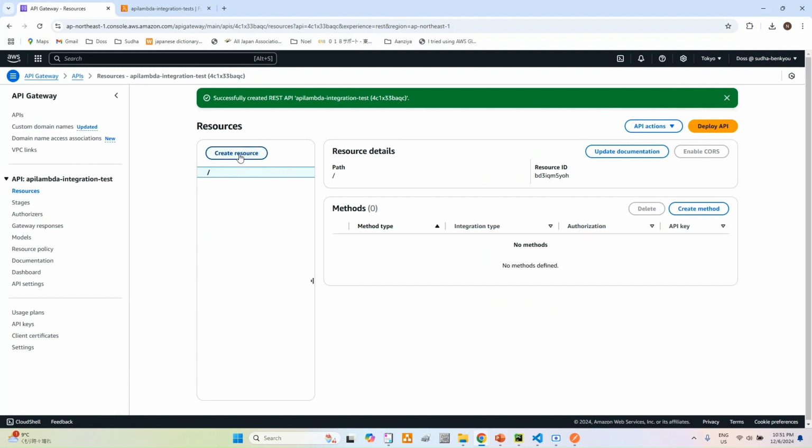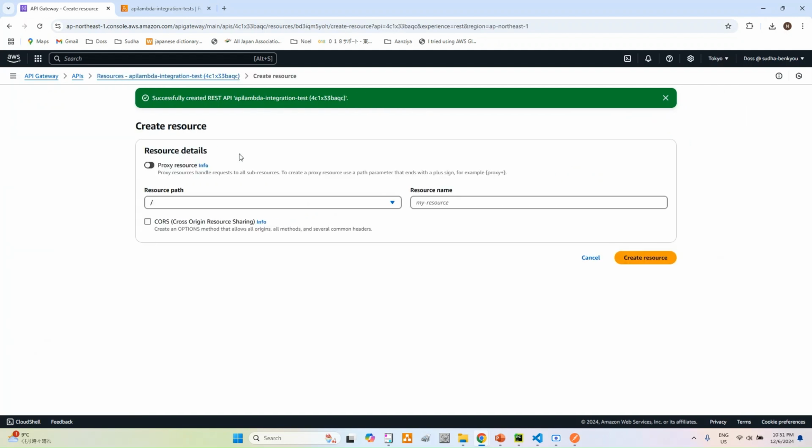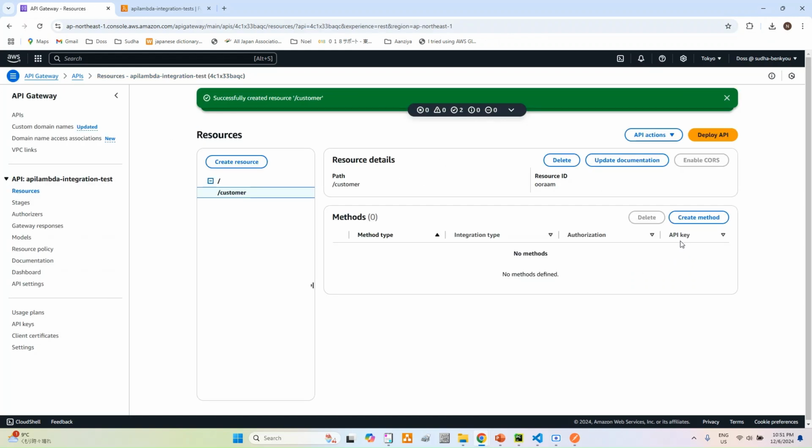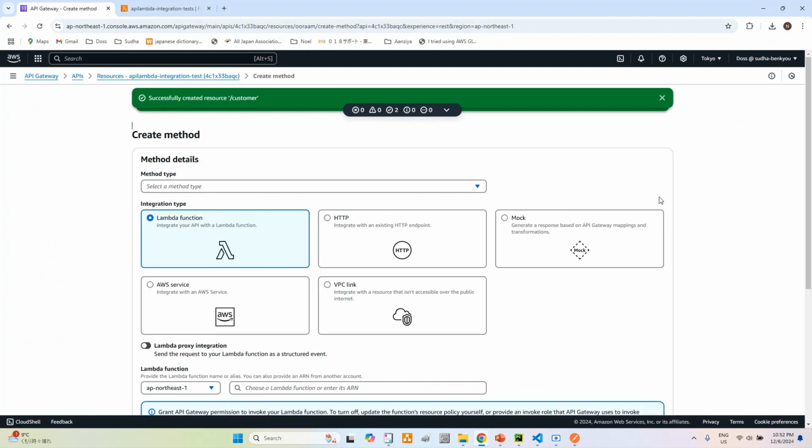Next, we need to create the resource. Click this resource button and I will give customer as my resource name and click create resource. Now, as we have created the resource, next we need to create the method. For this, click this create method and here we need to select what type of